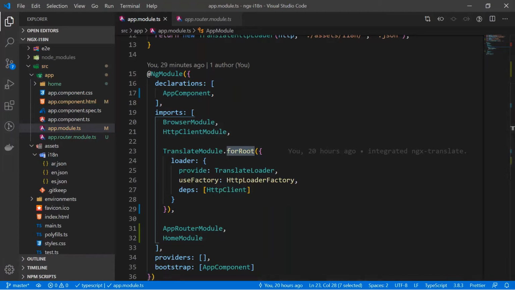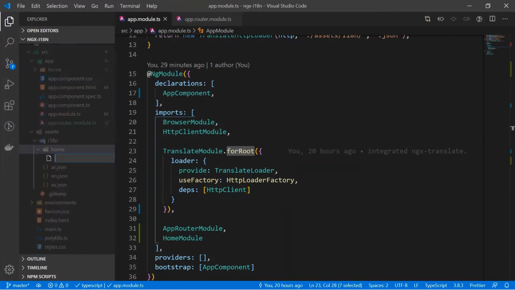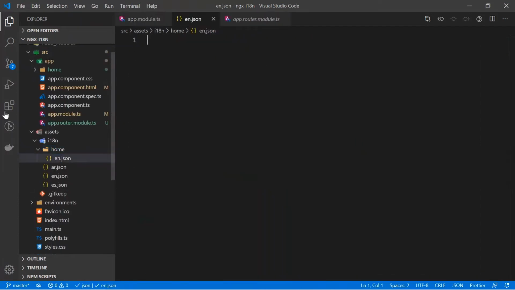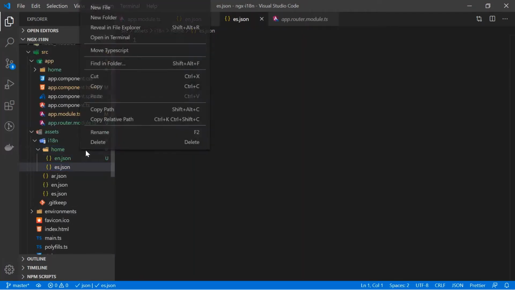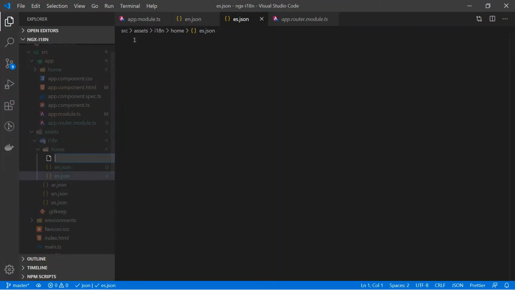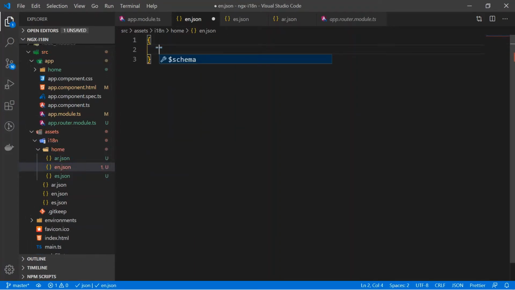First of all, we'll create a home directory here, and inside the home we'll create the en.json, es.json, and similarly ar.json. We'll create an object with, for example, home works.